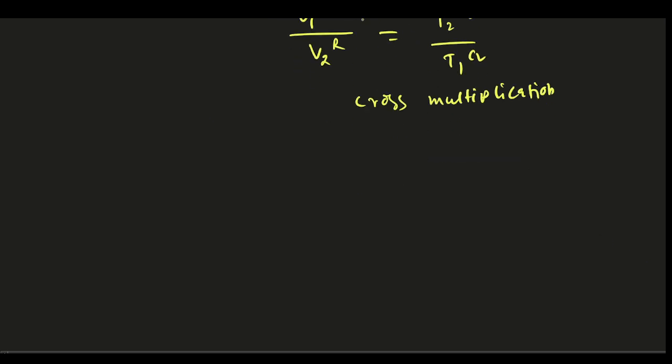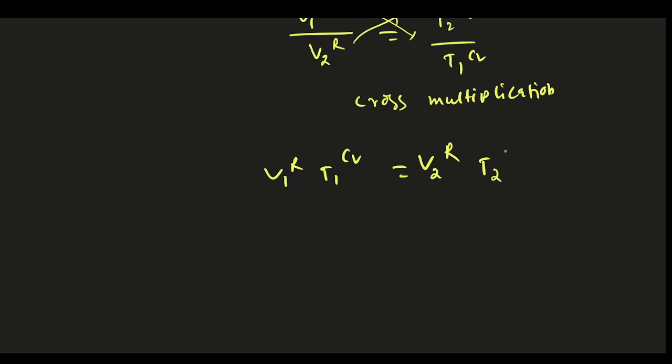Then what happened, do the cross multiplications here: B1R, and that is T1CB. Similarly B2R, that is T2CB. Okay,